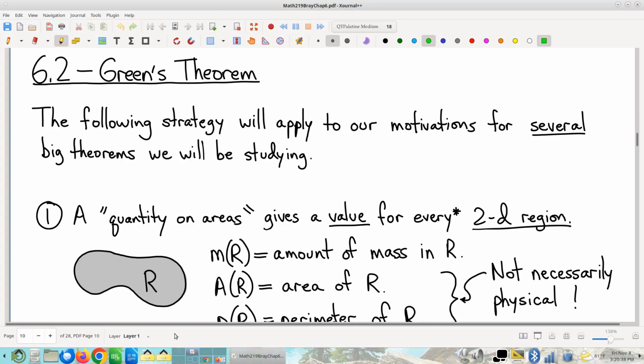Okay, so we're going to start a new topic today. Green's theorem is the name of the section here. But we're going to start off with some ideas that are actually going to apply to a bunch of what we're going to do in the rest of chapters 6 and 7. Turns out these various theorems that we're going to cover over those two chapters actually have a lot in common